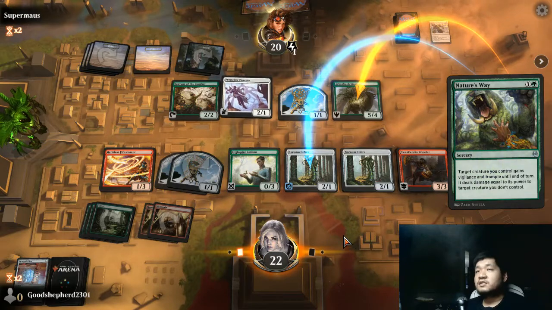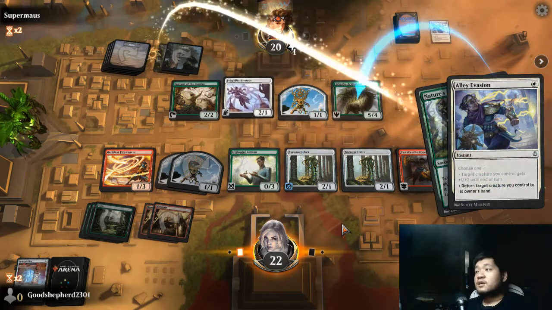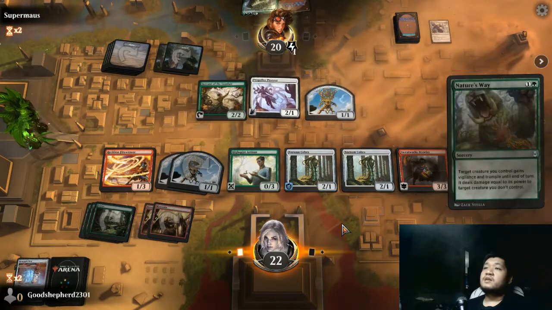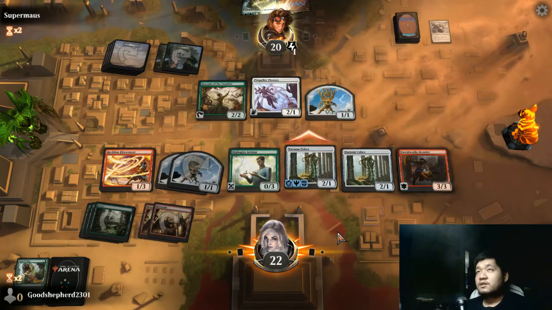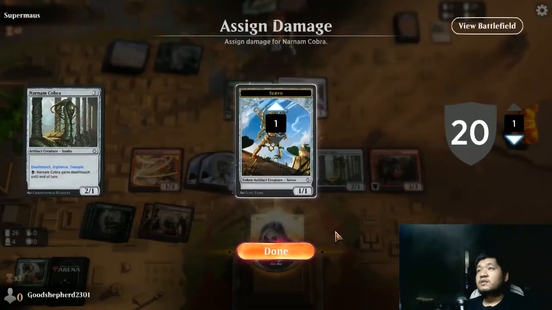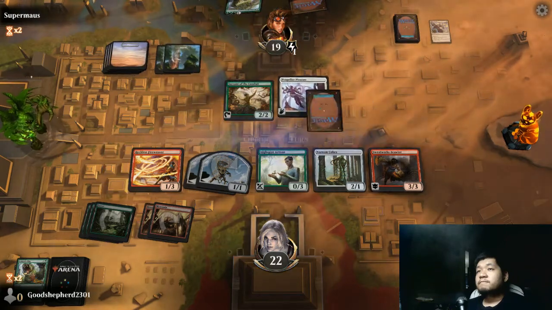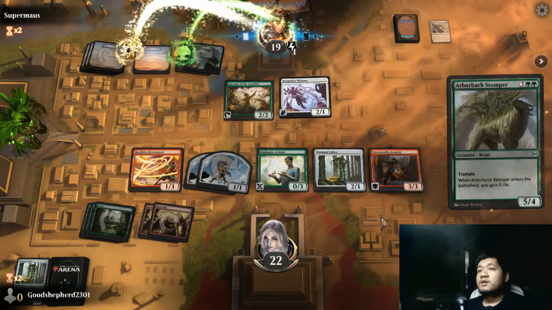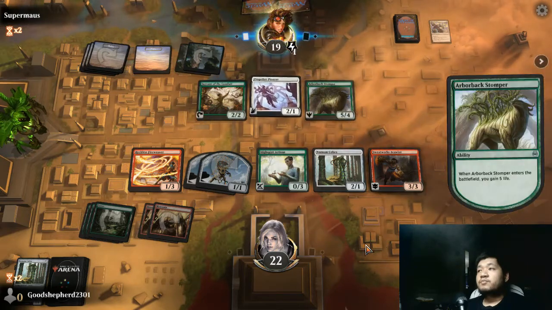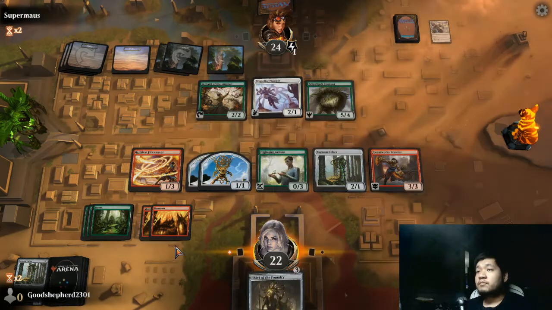Nice, it being punched instead of fight, so... Ooh, nice save. Man, these Alley Evasions are quite... So our opponent's gonna gain more life again. That's gonna be annoying. So I'm gonna be in the market. Opponent's kind of out of cards, but I'm gonna be in the...